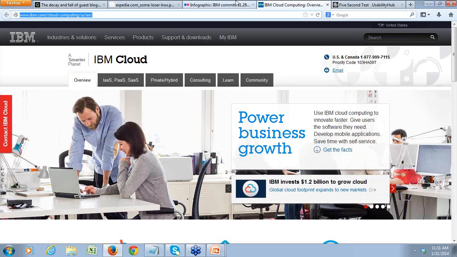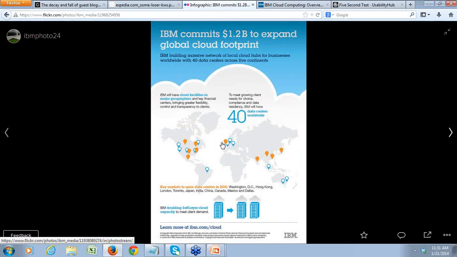So IBM is seeing the future right now. They're not committing 1.2 billion just for nothing. I mean, they got the world's top researchers looking at the data and looking at how ballooning this industry is, and it's going to be getting even more crazy going forward with all this data that's coming out every single day. And as a matter of fact, we put out a slide, I believe, 2 or 3 webinars back,